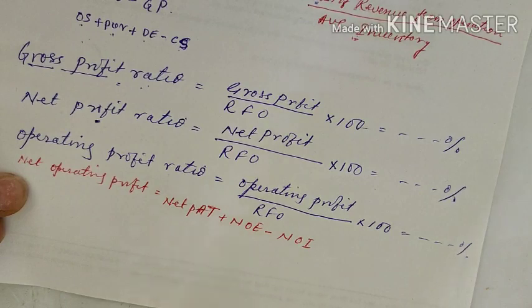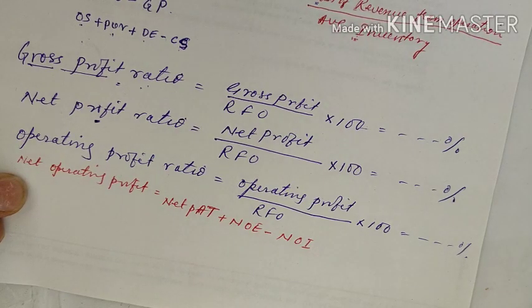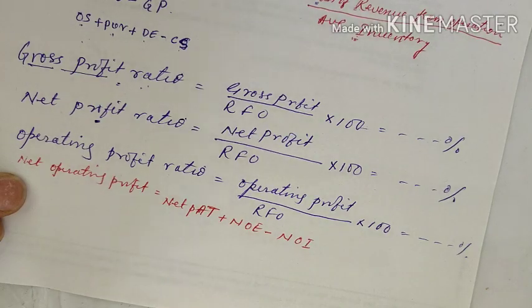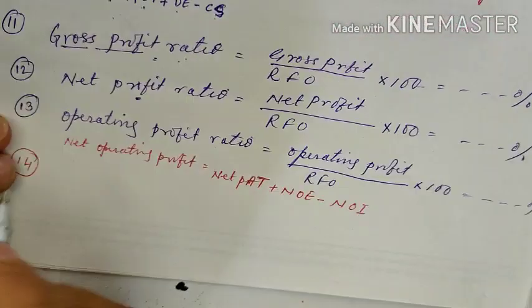Non-operating expenses means those expenses which are not related to the administration and running of the business, like you have depreciation, interest on borrowings, loss on sale of non-current assets, right? And non-operating income means those income which are not generated from the normal activity of the business. Income generated from investment or some other secondary activity of the business will be termed as non-operating income, like rent received, dividend received, a profit on sale of assets. Okay. 14.